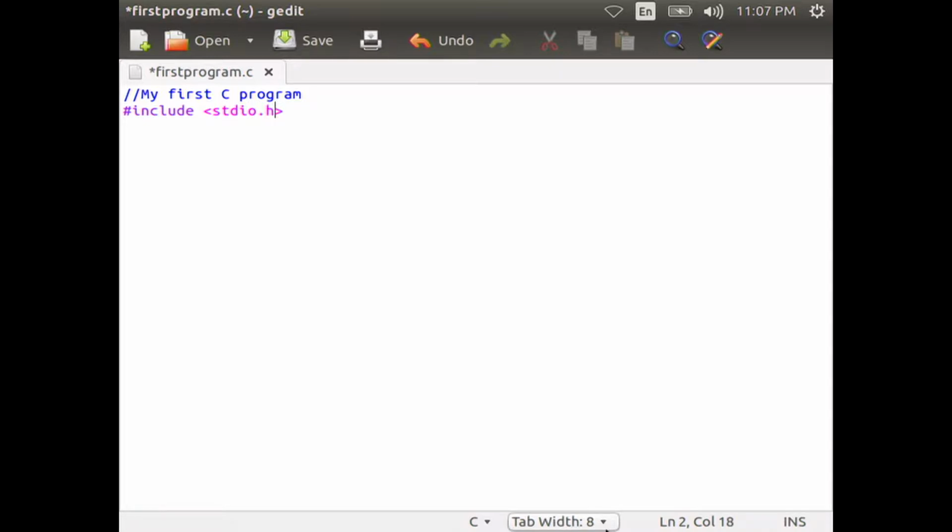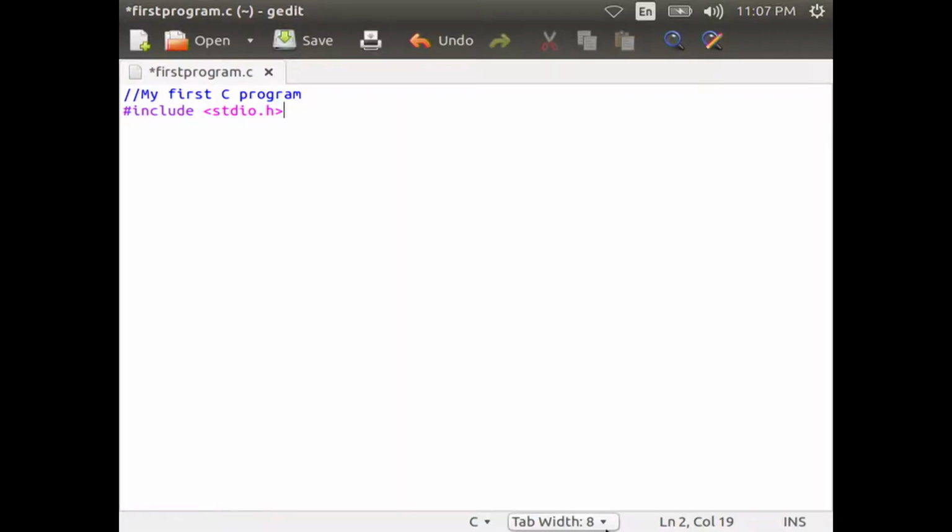stdio.h is a header file. A program must contain this header file when it uses standard input output functions. Now, in the next line you type int space main, then the parentheses. Main is a special function. It denotes that the execution of the program begins from this line.